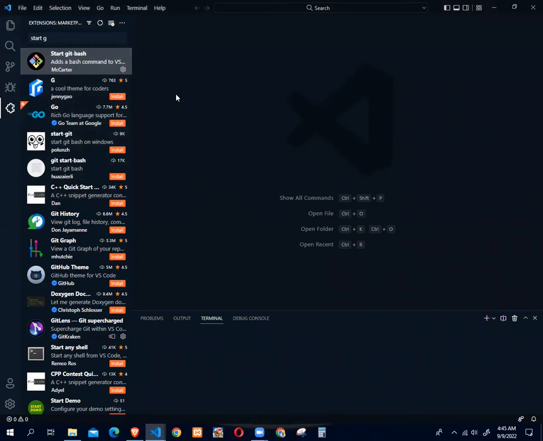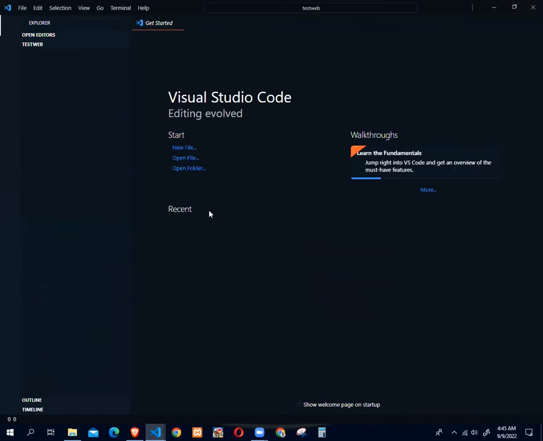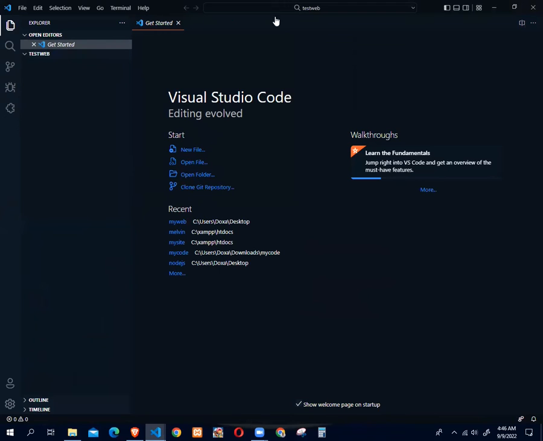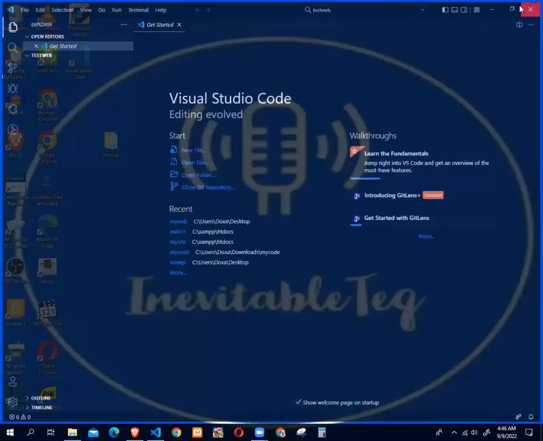So the folder will be created for me. As you can see, it is starting up. So the folder has been opened for me. So that is how you can do it. Or alternatively,